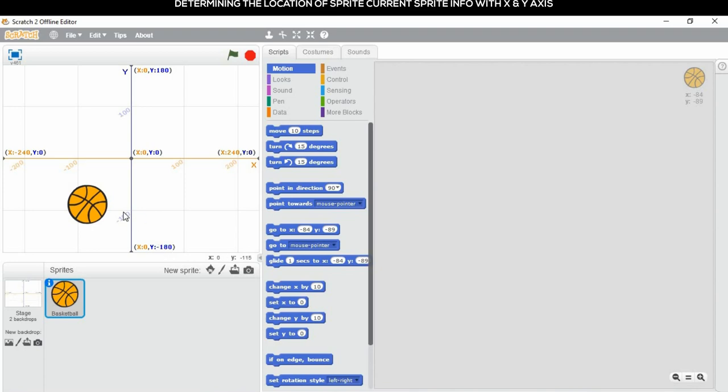The two axes divide the stage into 4 quadrants. The point at which the two axes meet is the center of the stage, and the center of the stage is called the origin. The origin has the values x0 and y0, and you can move a sprite wherever it is required on the stage.